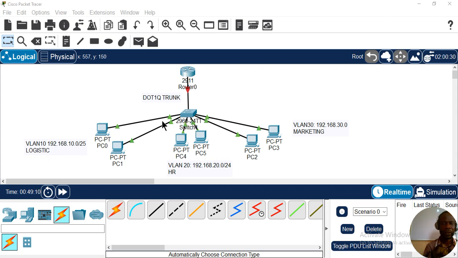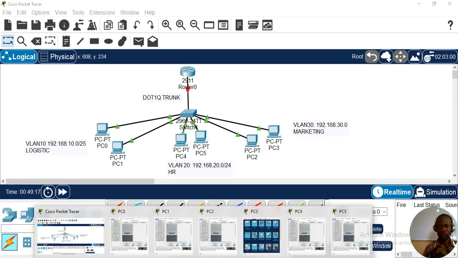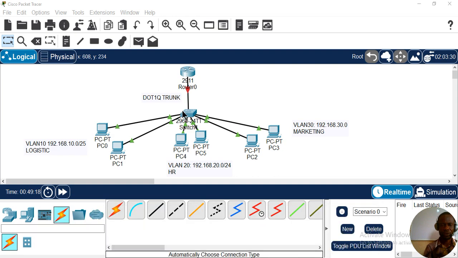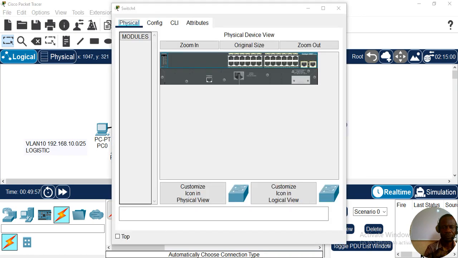Now, let's get into this configuration. There's no need to talk too much. Let's open this switch, because this is where this configuration is going to be made. Yeah, this is our switch. So let's get to the command line and create